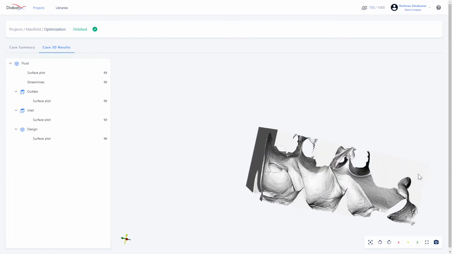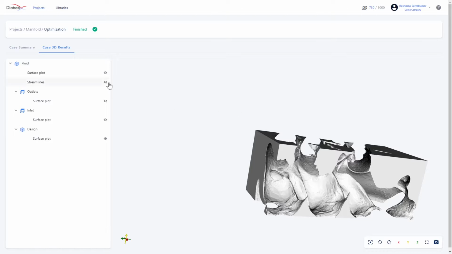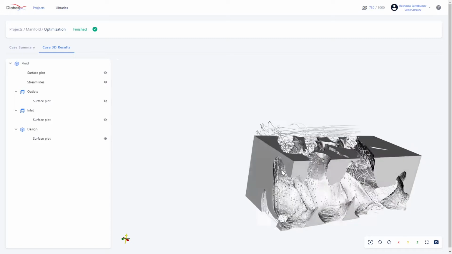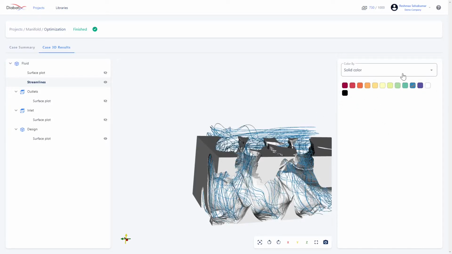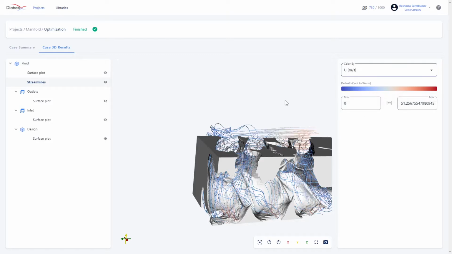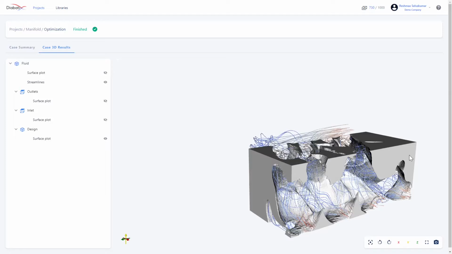There are two ways that we can take a look at the flow itself. Either I can show you the fluid region or the streamlines. I'm going to start with the streamlines, and then I will also give you a very good view of the fluid itself. I'm just going to change the color of the streamlines. I can give it a solid color to look at just the streamlines, but I'd also like to color it by velocity, just to see how these streamlines look. So this is how the design looks,